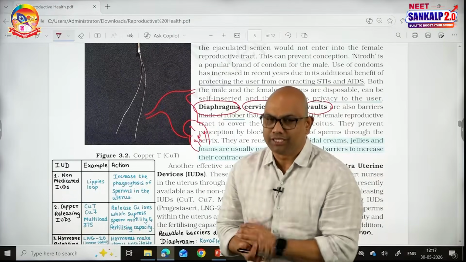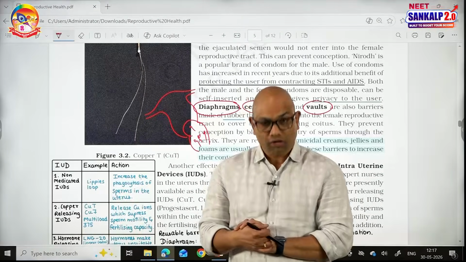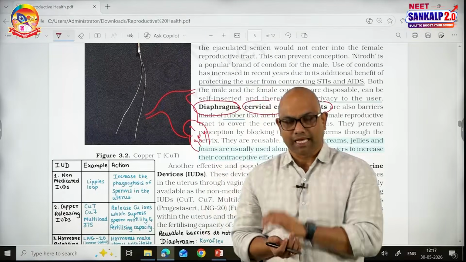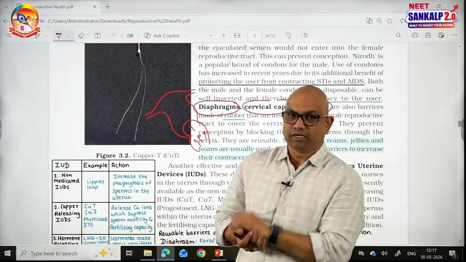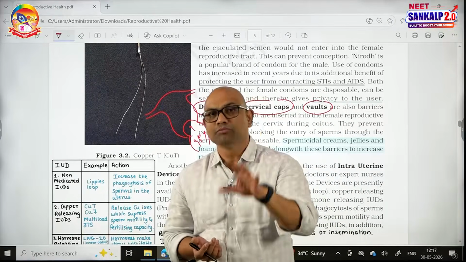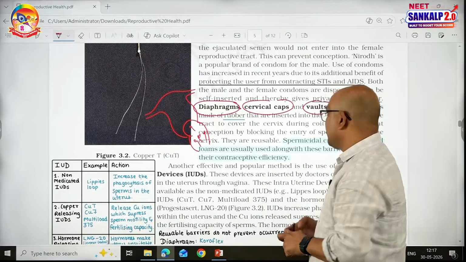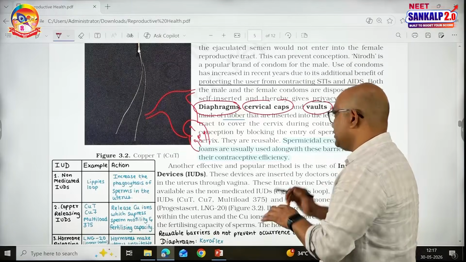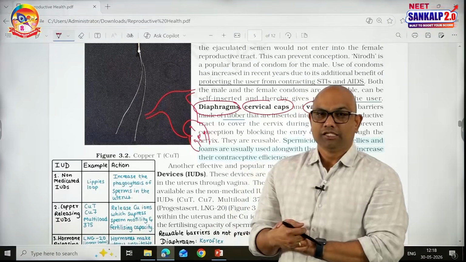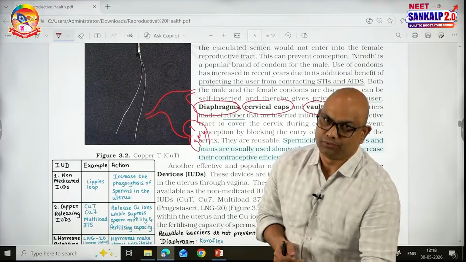But they are not covering the vagina. That means reusable barriers are not suitable for preventing STDs. Diaphragms, vaults, and cervical caps are not useful for preventing the occurrence of STDs. Disposable barriers like condoms are very useful. And these barriers provide privacy for the user. The user can use them on their own. And when barriers are used along with spermicidal creams, foams and jellies, they will be more effective.